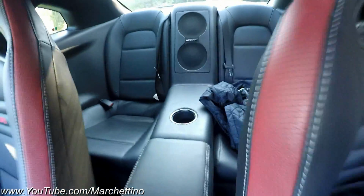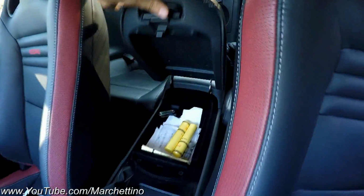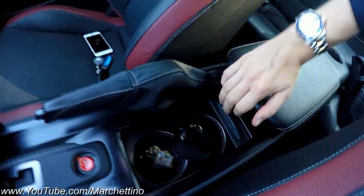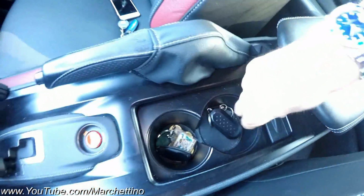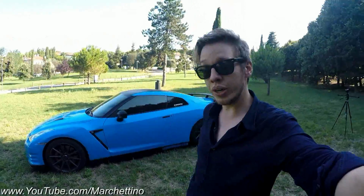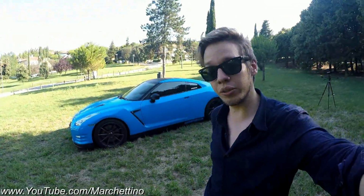It has a good storage too. Here. And you got also here. So yeah guys, that was an in-depth tour of my 2014 Nissan GT-R. It really seems like I've been a little more